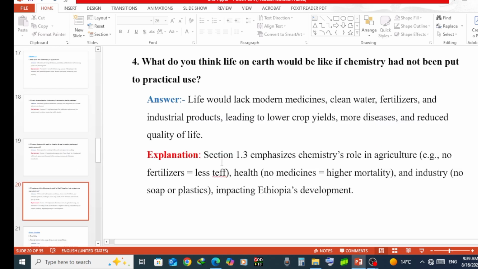Life would lack modern medicines, clean water, fertilizers and industrial products, leading to lower crop yields, more